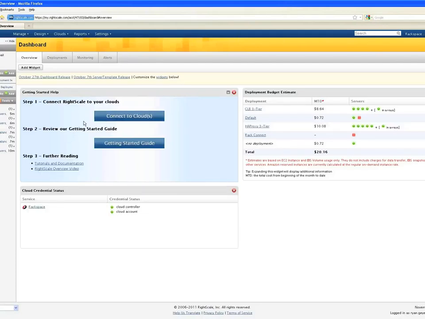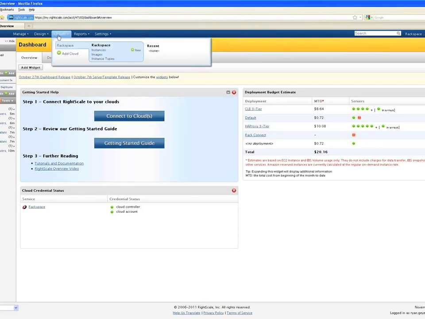So the first thing you see, I've already logged into the dashboard here, and this is sort of the landing page that you get. We have a number of different widgets that you can customize here and show different things that are custom to your view and your role within the IT organization. What I want to show you first, though, is the way that we actually add agility and really turbocharge